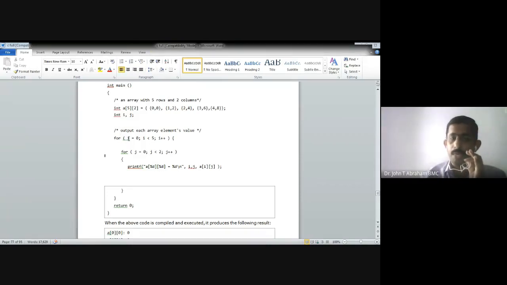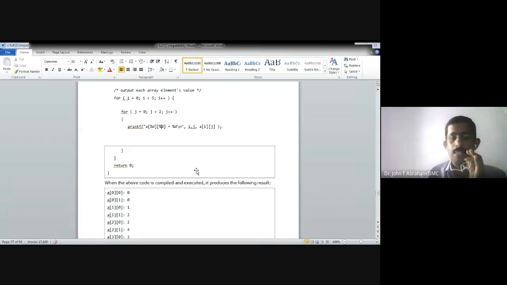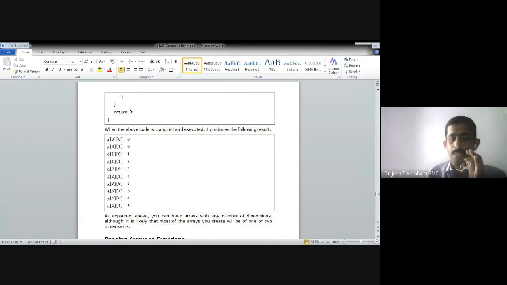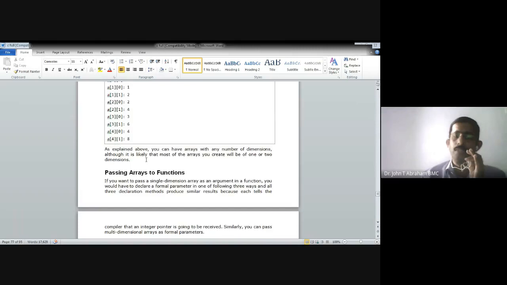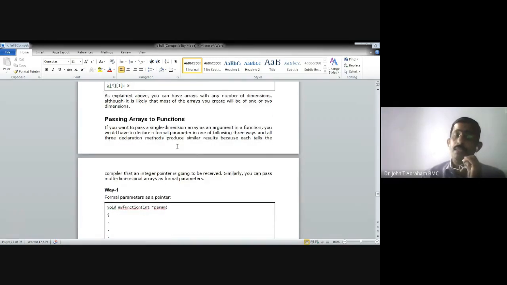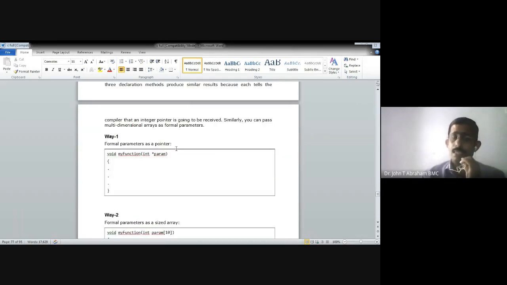That means for i equal to 0, for j equal to 0, printf percentage d. So first element 0, 0, next 0, 1, next 1, 0, next 1, 1, like that, all the elements. This is the way we access multi-dimensional array elements. Now we can pass arrays to functions. How will we use it?